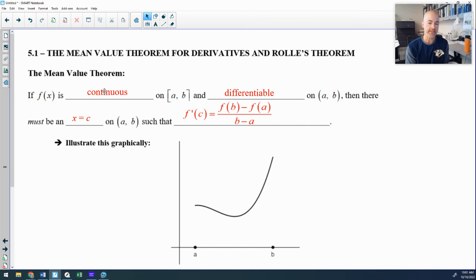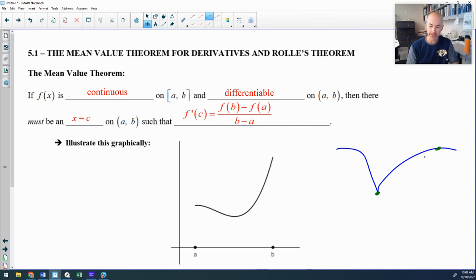And the reason we are continuous on the closed interval and differentiable on the open: you should know that if a function is differentiable on an interval, it will therefore be continuous. So we could not just say we're differentiable. And it is possible that we could apply the mean value theorem on a function that has a cusp where we include that cusp on the left endpoint or the right endpoint and the other points over here. So in this case, we are continuous on the closed interval a to b, yet we're not differentiable at a. We must only be differentiable between the points a and b. So do not think you have to be differentiable on the closed interval. That's rare, but I wanted to point out that difference.